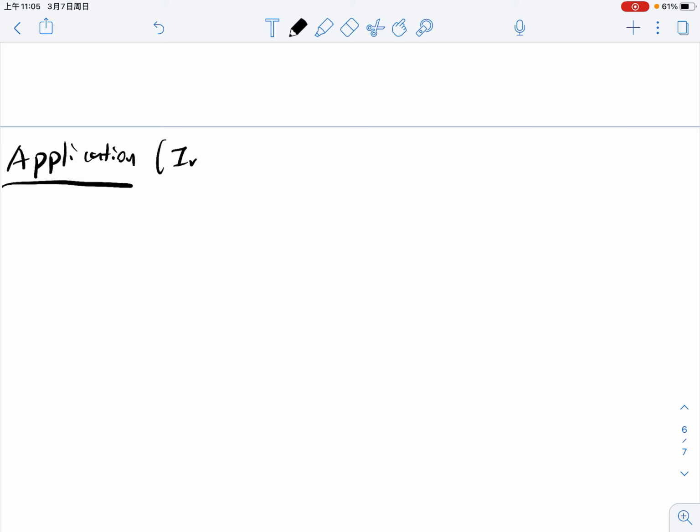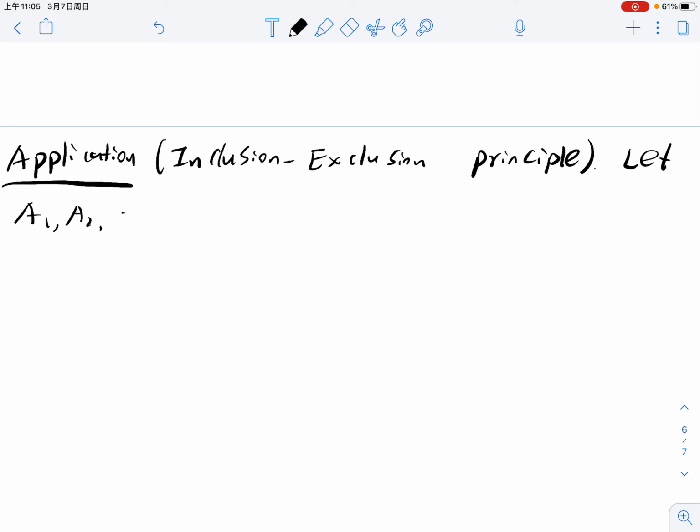That is, suppose we have the star formula. Let's recall the previous inclusion-exclusion principle, and let A1, A2, all the way to An be subsets of S, or S just Xn,